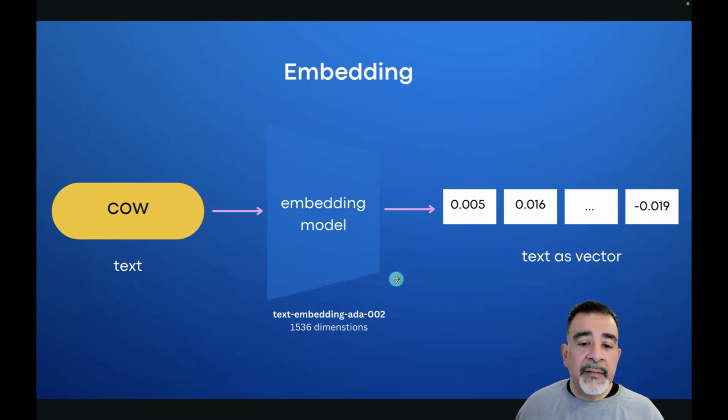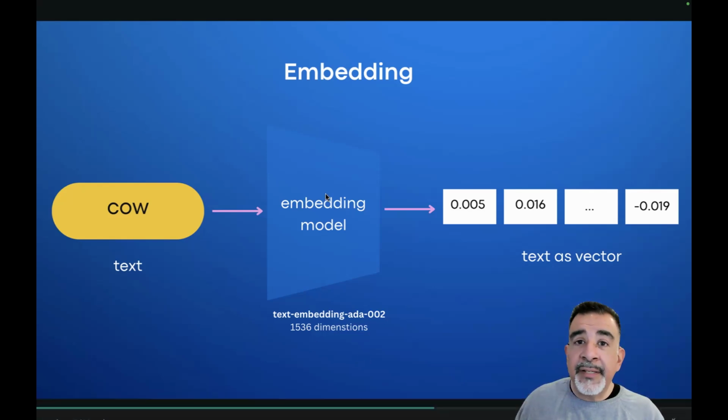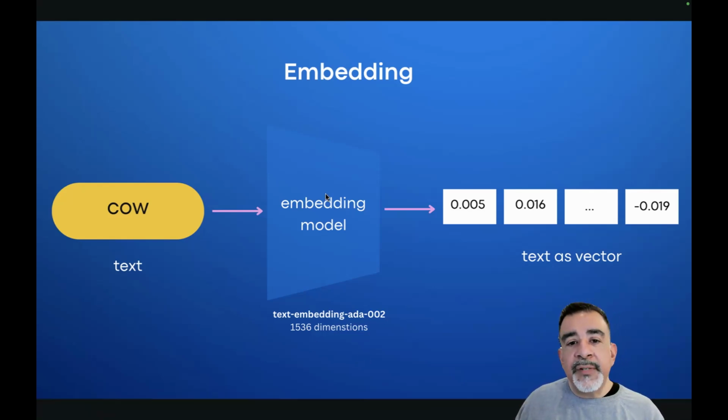In this case, we're using a model called text-embedding-ada-002, which is a model OpenAI provides to create numeric representations of words. And it has 1,536 dimensions, or 1,536 numbers that represent a particular word or sentence or paragraph.